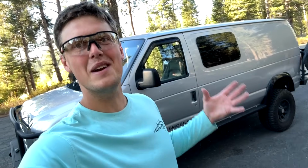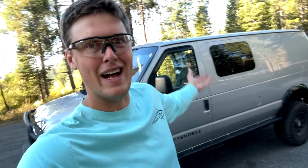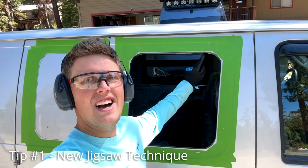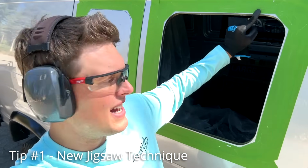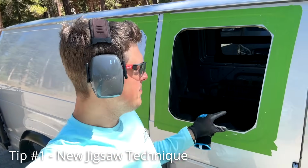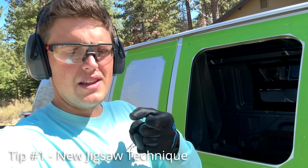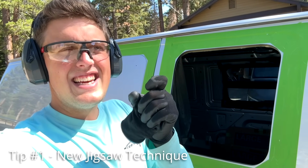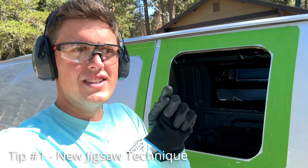Okay, now that we are done with the time-lapse footage and finished installing the windows, I want to give you guys the collection of tips that I learned with the last 3. Okay, one thing I just learned actually about the jigsaw, I lost it here and it skipped out. Did some damage to the van that I'm gonna have to put some touch-up paint on, but I learned a really valuable lesson. So instead of just full bore pressing the throttle, I will put the jigsaw in there and I will give it the tiniest, very, very tiny amount of gas, maybe like 2%, just to ensure that